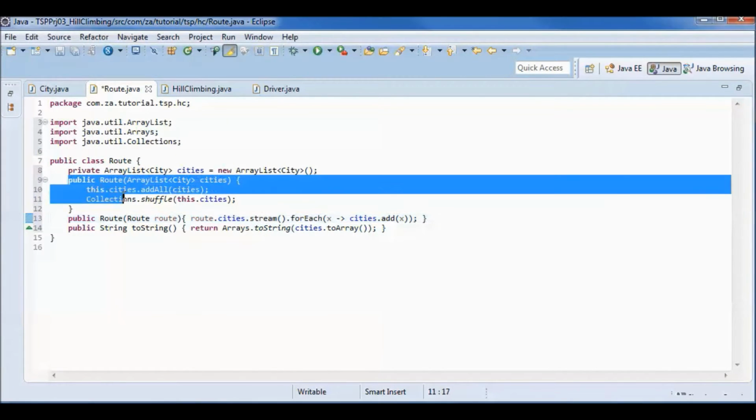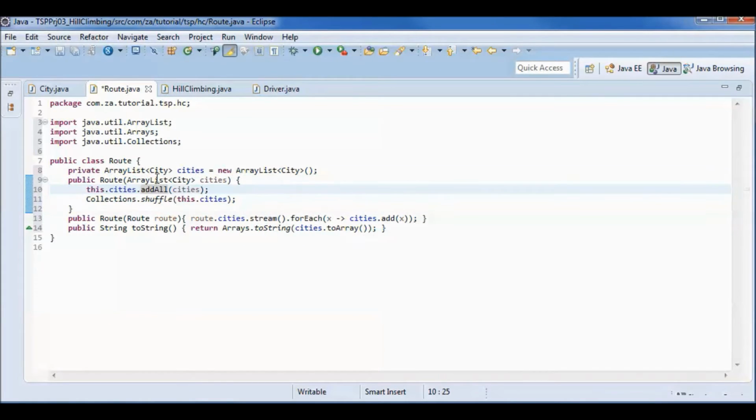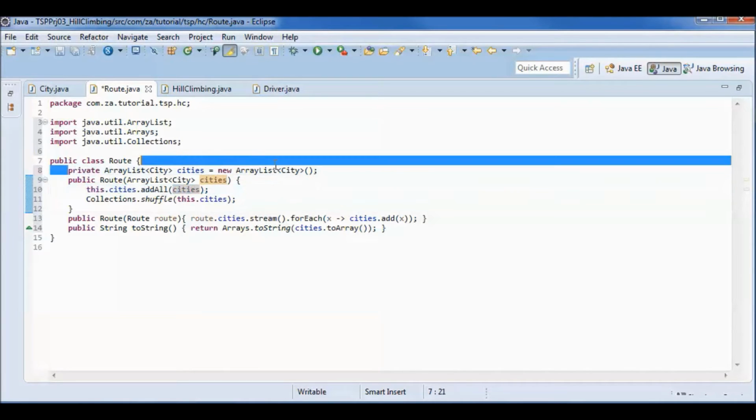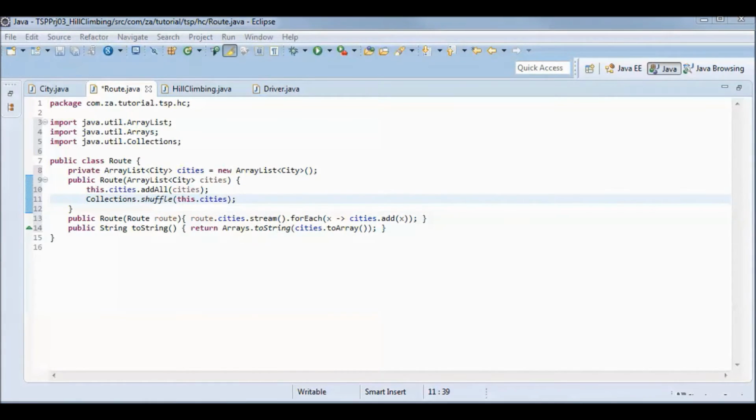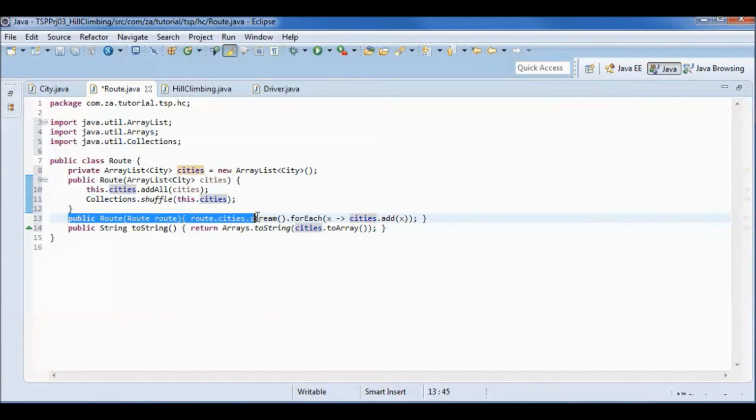The first one has an initial array list of cities passed in that is used to initialize this array list of cities, and then shuffle them. And the second one initializes those cities using a pre-existing route instance.